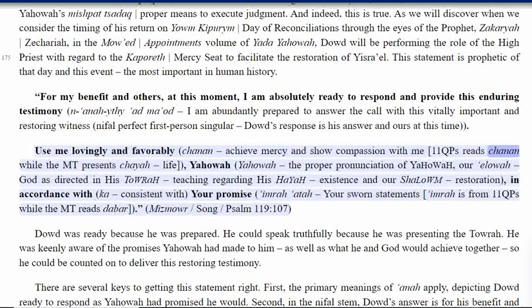11QPs reads Channon while the Masoretic Text reads Chayah, Yahowah, the proper pronunciation of Yahowah, our Eloah, God, has directed in his Torah, teaching regarding his Hayah, existence, and our Shalom, restoration, in accordance with, Ka, consistent with, your promise, Imrah Otah, your sworn statements. Imrah is from 11QPs while the Masoretic Text reads Dabar. Mizmowr, Song, Psalm